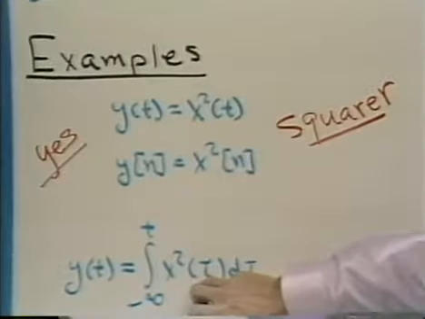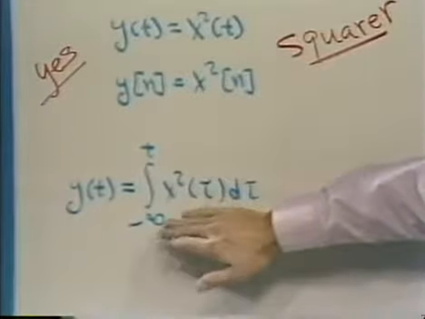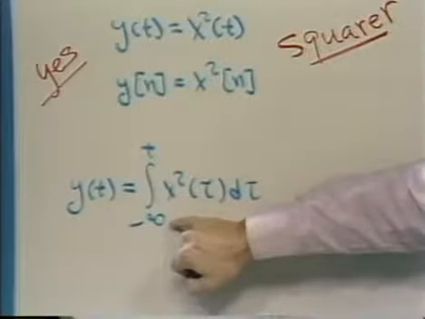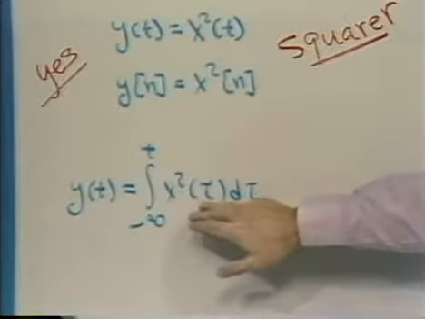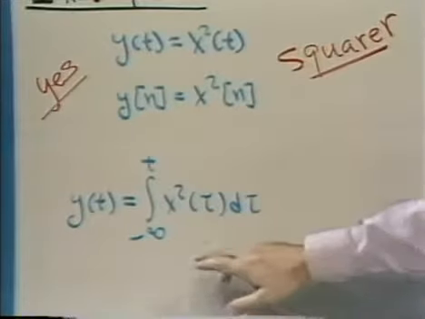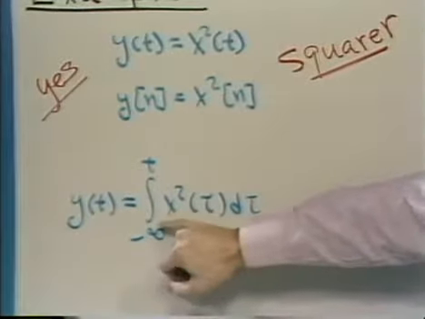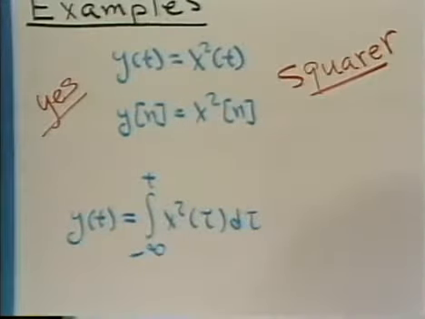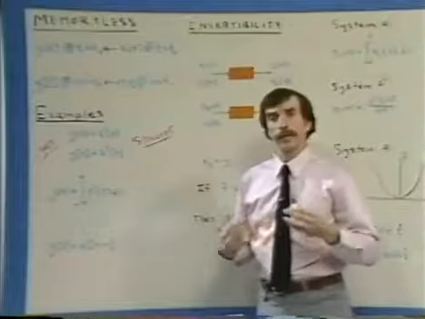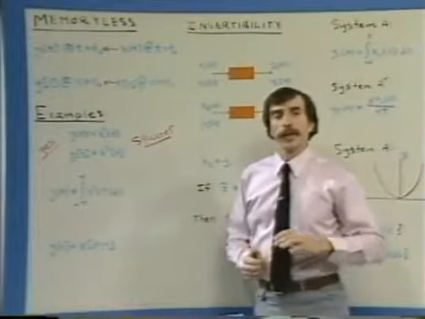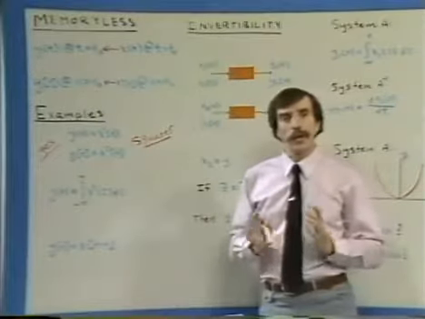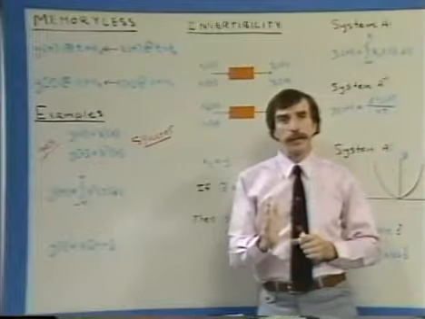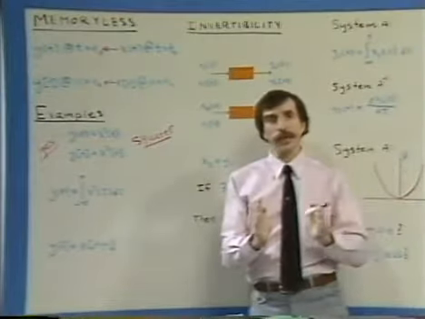Another important system is what is referred to as an integrator. Its output is equal to the integral of the input. Here, as I've indicated it, it's not just integrating x of t, but it's integrating the square of x of t. And whether we square before we integrate or not, the essential point is that since we're integrating the input,